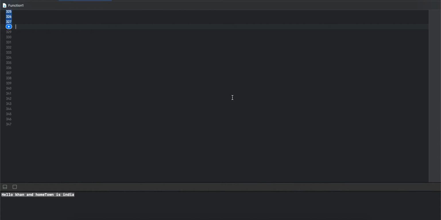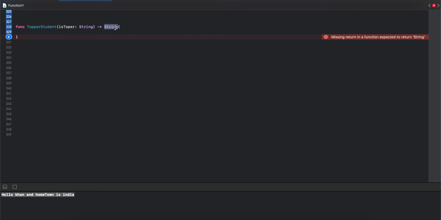I have an example. First of all, we are going to create a function. I'm going to create a function topperStudent, with a parameter topper which is of type string, and this is the return statement of a string.